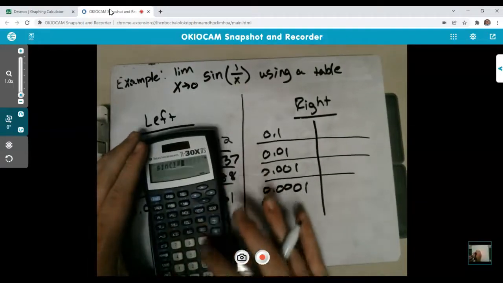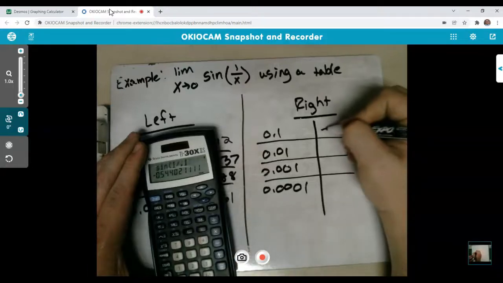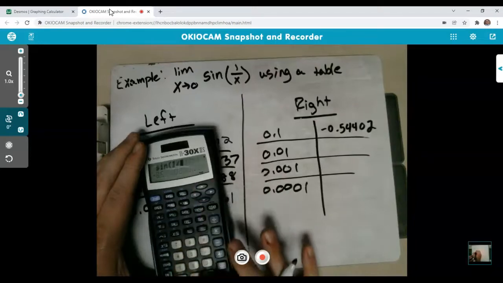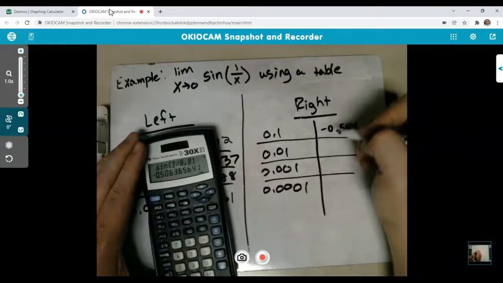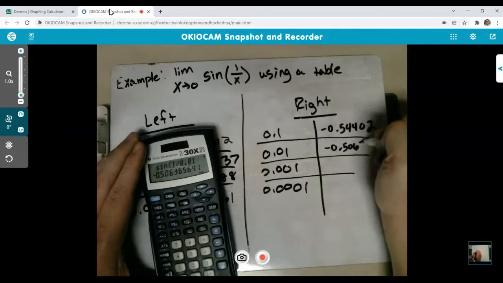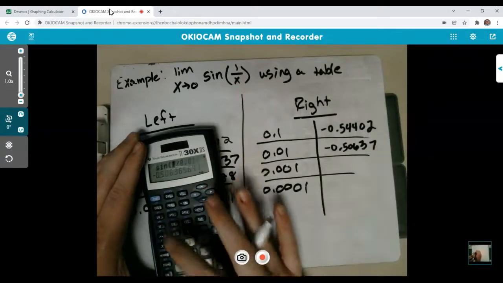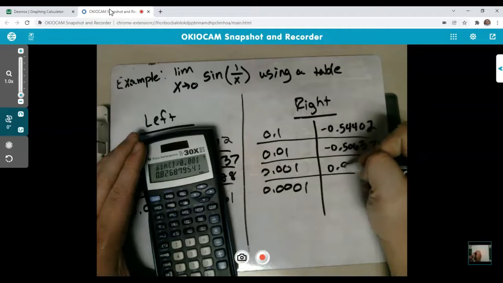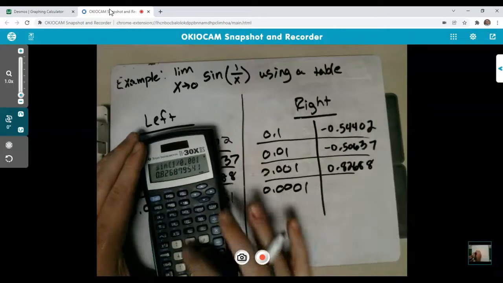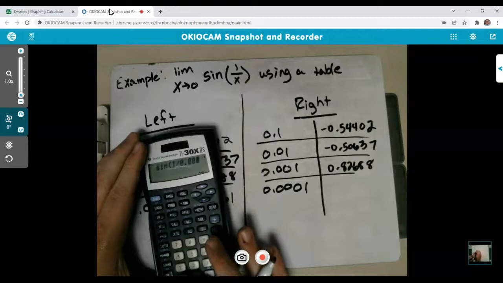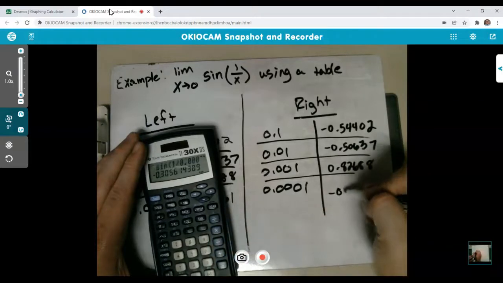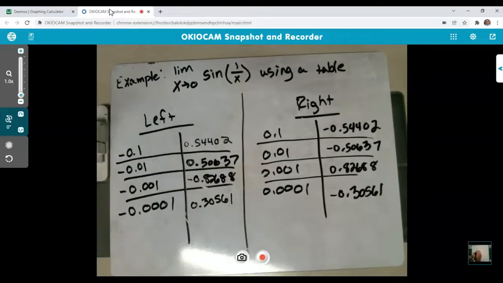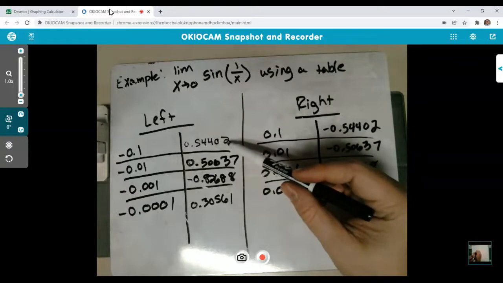Sine of 1 over 0.1, negative 0.54402. Sine of 1 over 0.01, negative 0.50637. Sine of 1 over 0.001, 0.82688. One more. Negative 0.30561. All right, so looking at this one, I can see this is kind of going